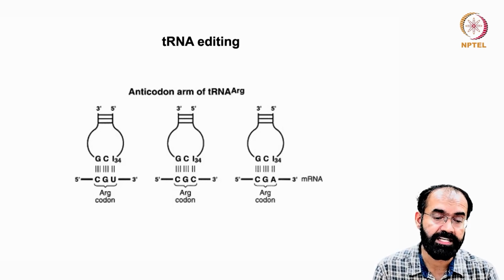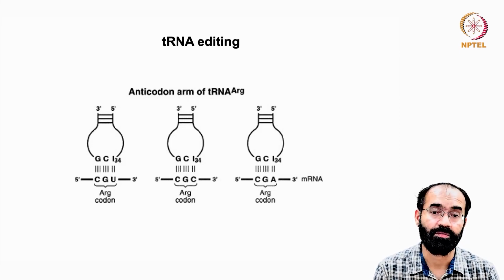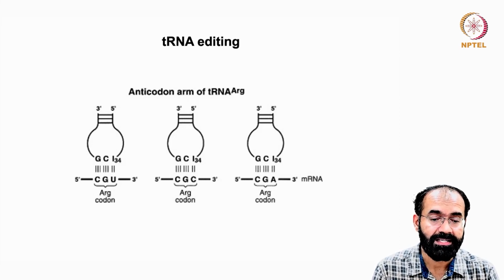So this is the arginine codon in the mRNA, CGU, and it is supposed to have G, C and A, and this A is now edited to I. This is one change. Now let us see another arginine codon, CGC, and you have G, C and I, and technically it should have been G, C and G,